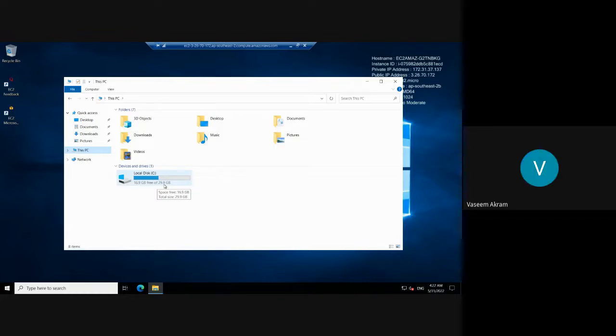Out of 29.9 GB, it will never be a complete whole number. Some part of memory will be used for system services. So that is the reason we are not seeing exactly 30 GB. It is 29.9 GB. Out of 29.9 GB, 16 GB is free. Then what happened to the remaining 13 GB? That 13 GB is consumed by